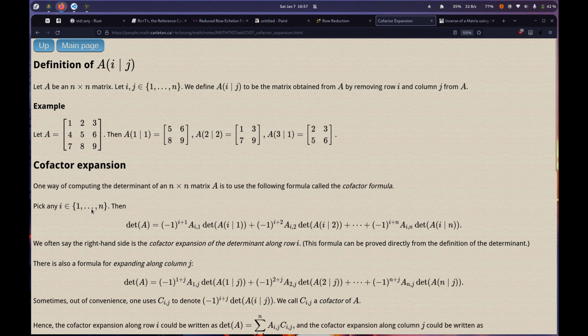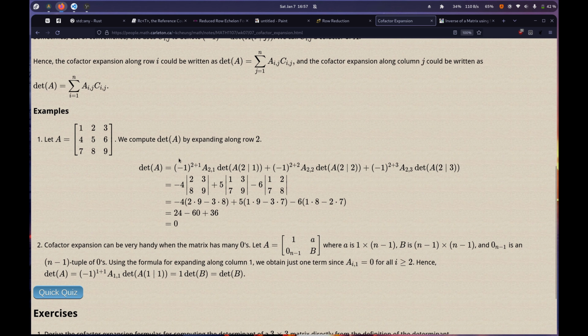But these people here, they have the matrix 1, 2, 3, 4, 5, 6, 7, 8, 9, right? The determinant of A is equal to -1 to the power of the row you're on plus the column you're on. I is going to be their row. And then here you do A of ij, which is the element at